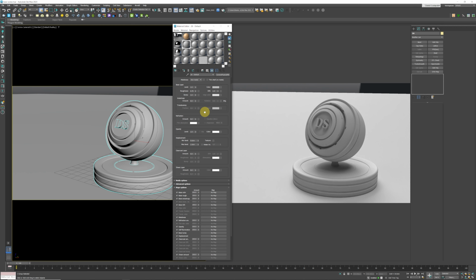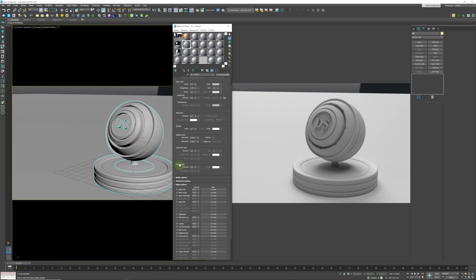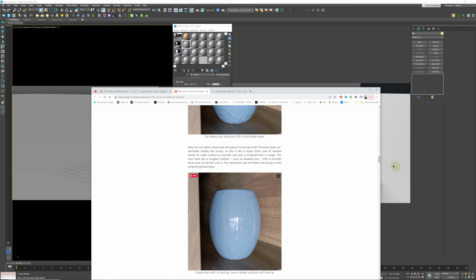So clear coat is the layer of varnish on top of the material, and then we come down to the final one, which is the sheen layer. The sheen layer is not like varnish, but it's usually used for something like fabric, for example. In the past we used to use falloff maps for this, but now this gives you a nice white falloff. So if we come back to these examples that I found over here, and we move down to